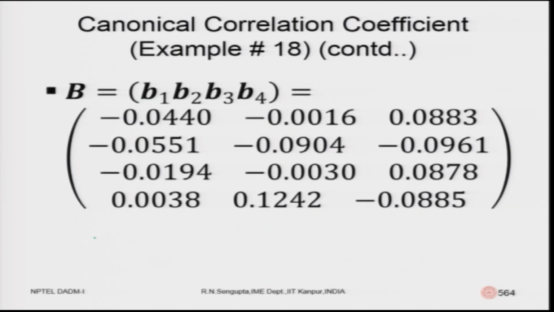Similarly, when you find b using the methods we have already discussed. If you remember, optimization is the other method, but we have broken it down and found the correlation coefficient step by step, taking out the maximum correlation coefficient in the first step, and then modeling the second one, considering that orthogonality is maintained. So, we will go step by step. In the second step, we take out the variability to the maximum possible extent, considering it is orthogonal to the first stage, and also orthogonal to the later stages which are going to happen.